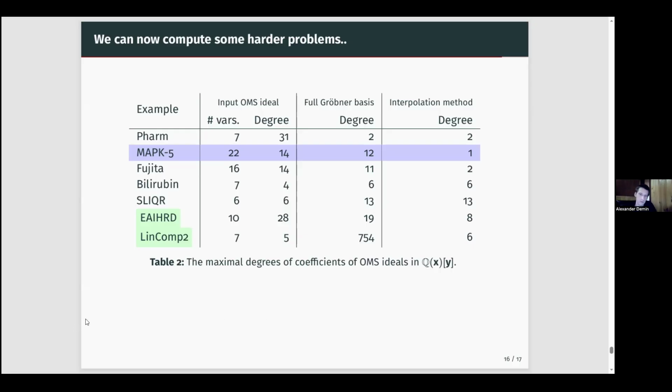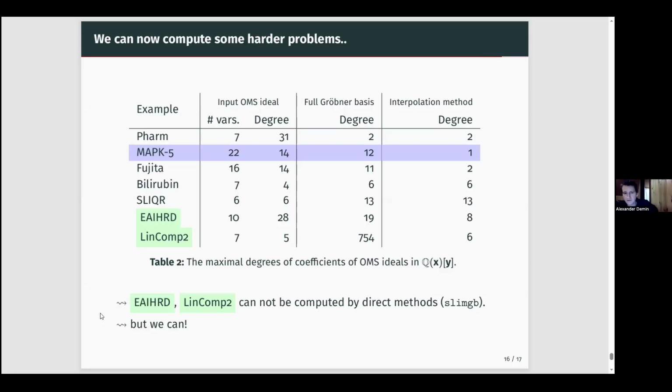Now, there are some more examples in the table. I highlighted the two last ones for the following reason. The very last one is kind of interesting. We don't have many examples like that, where the degree of the coefficients in the OMS ideal is so large, like 754. It's quite unusual. But one other reason is that,